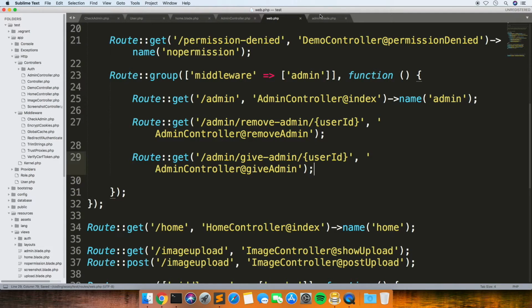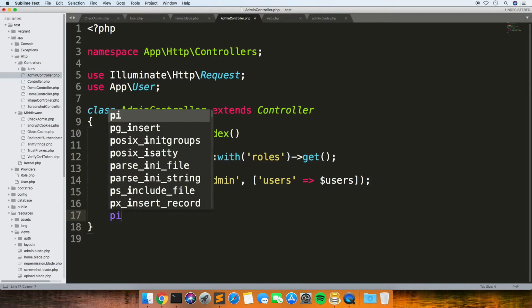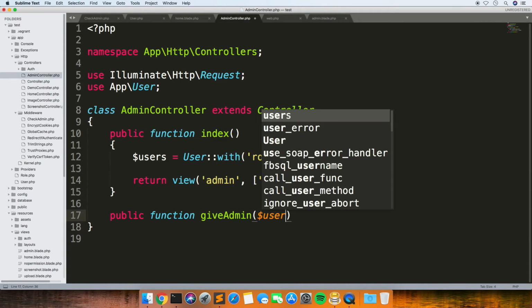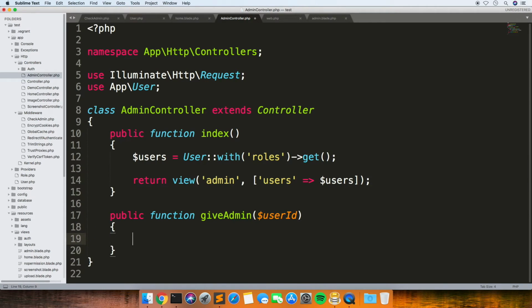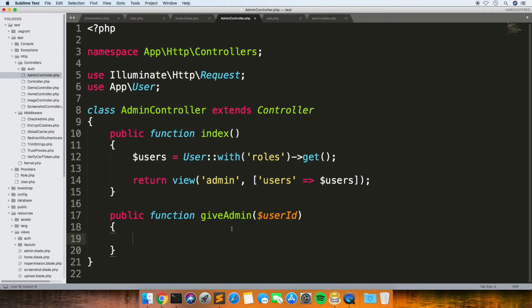Right, and then we just need to add those 2 methods to this controller. So this user ID gets passed through from this here. So that's going to look at whatever's after the slash and a number, and then it's going to take that. And then, so we can do,